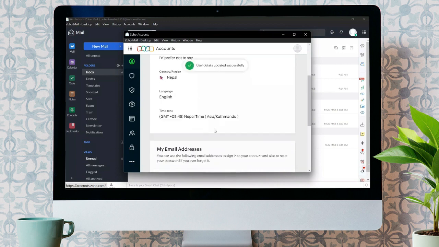After doing that, your user details will successfully be updated, meaning your name will successfully be changed in your Zoho